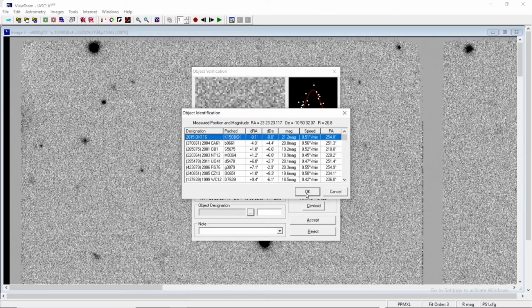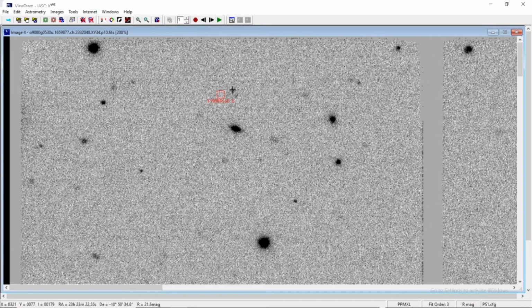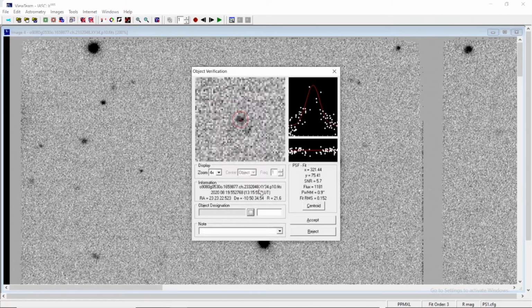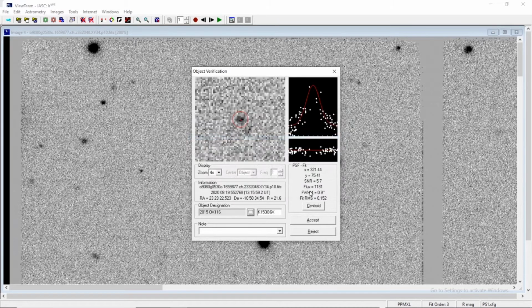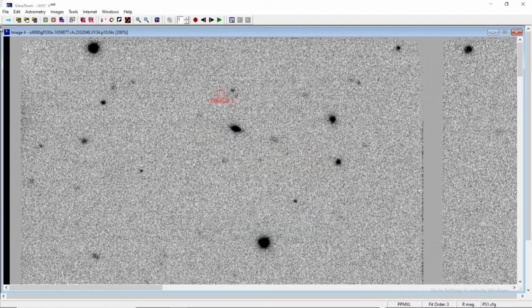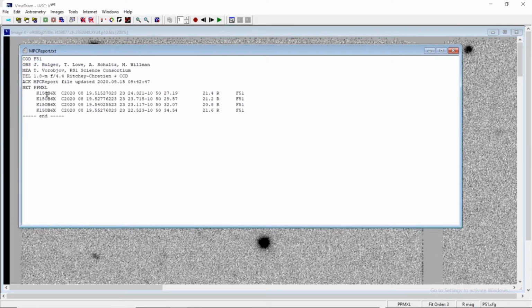Select the nearest object, click OK and accept it. Go for image number 4, and again see the object designation. Go for the nearest object having right ascension and declination equal to 0, so it will be the same object. Click accept.